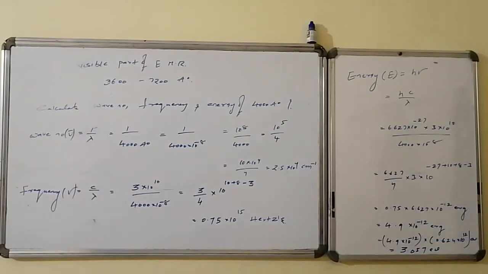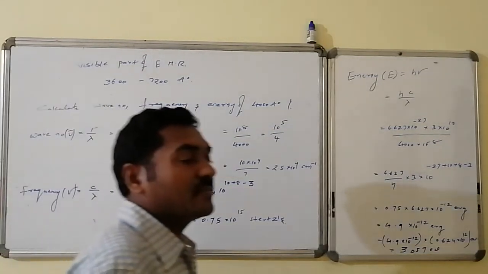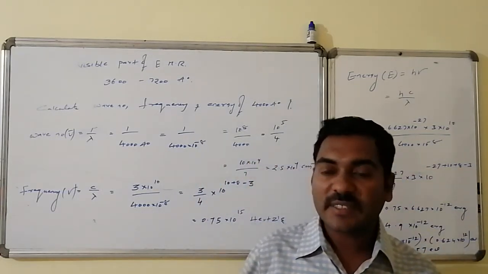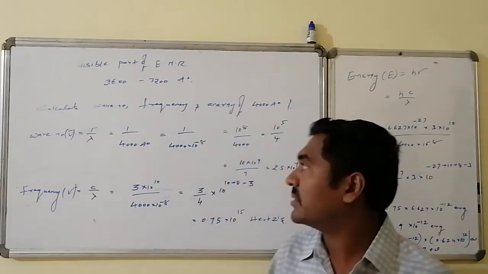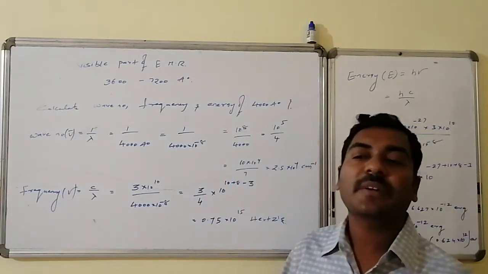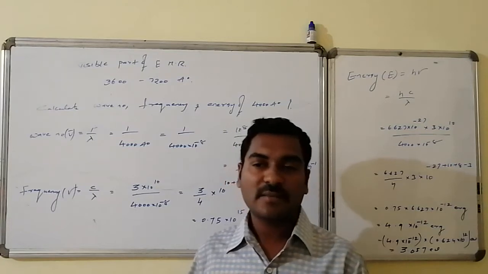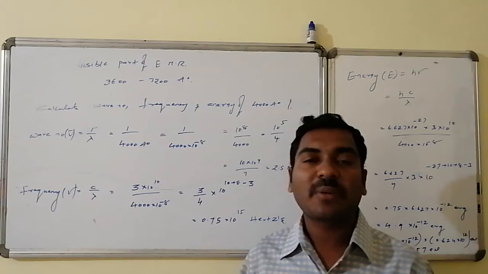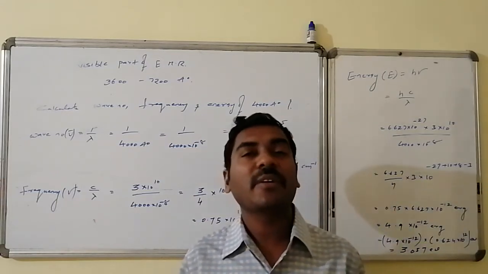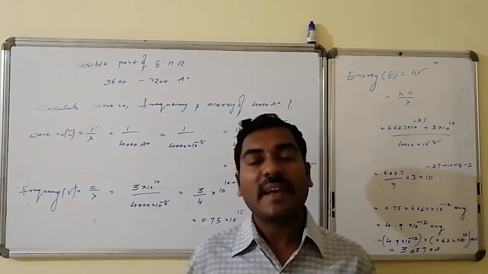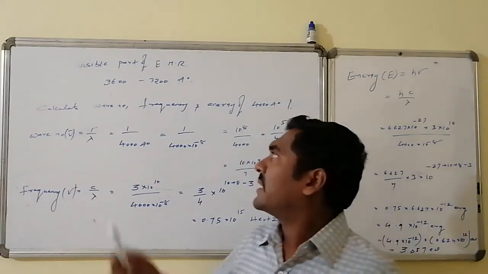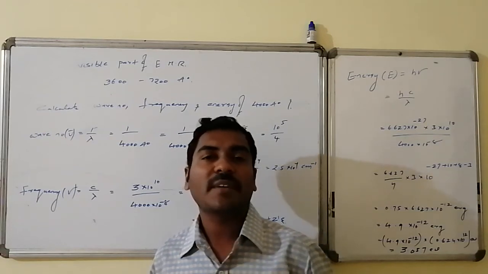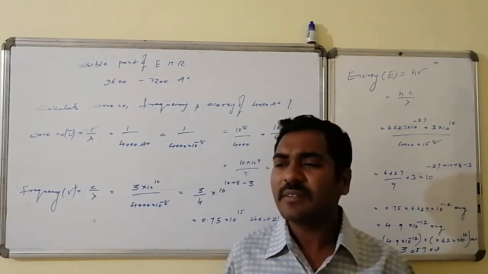The visible part of electromagnetic radiation has a corresponding wavelength in the range of 3600 to 7200 Armstrong units. Whereas it is a small part of electromagnetic radiation acting as an energy source. Now we are going to interrelate the formulas with calculations like wavelength, wave number, frequency, energy and all the things. Within the visible range of 3600 Armstrong units to 7200 Armstrong units, in the middle, all varieties